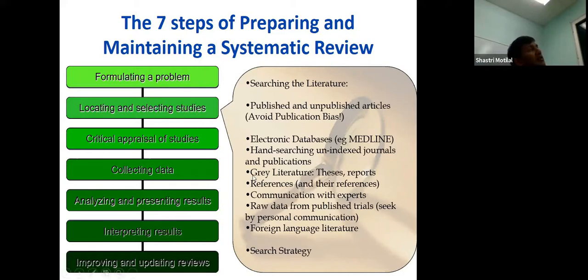Gray literature is like that. It's theses or reports. Plenty of people do research for the DM. When they do the DM, I would see lots of them and say, hey, this is publishable. But when they finish the DM, what happens? They become big consultants, and they're not studying to publish anything. They only do the research project because they have to do it as a requirement to write their exam.